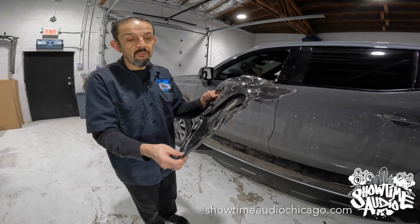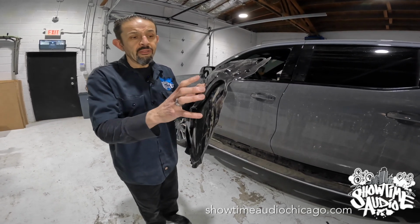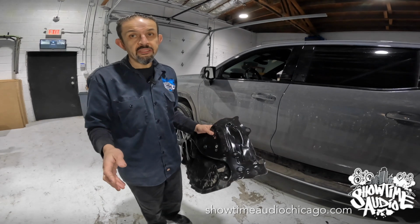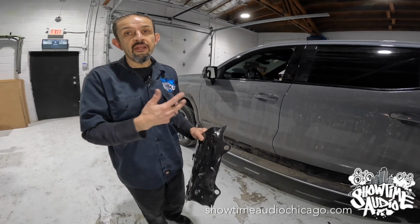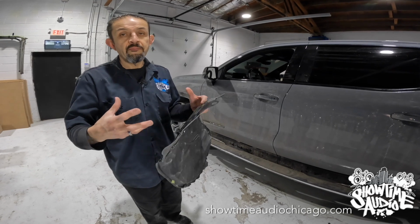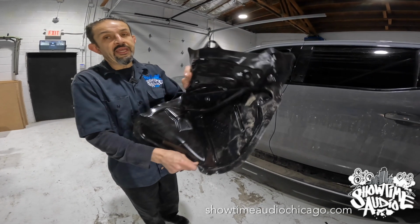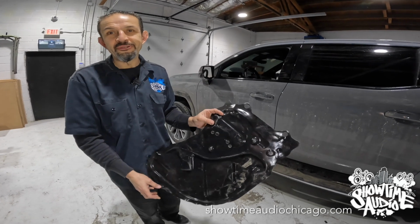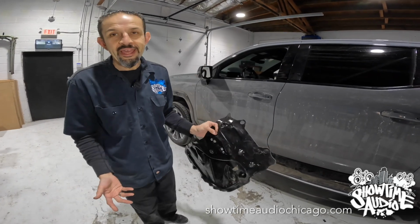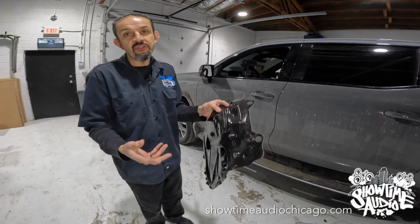And then I've seen people cut them and then duct tape them back together, or just rip them off completely, and you're killing your mid bass. I mean, you're killing the output out of those door speakers. You want the door speaker to be in the best possible enclosure. That is not the best possible enclosure. Obviously, I'm exaggerating. It's not doing that, but it might as well be, and because you're losing efficiency, you're